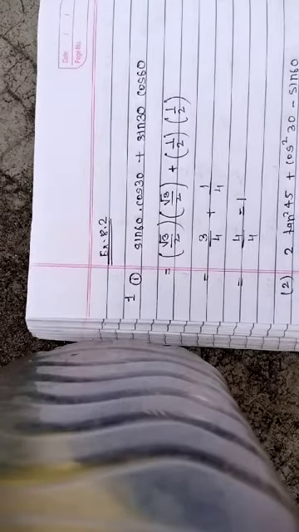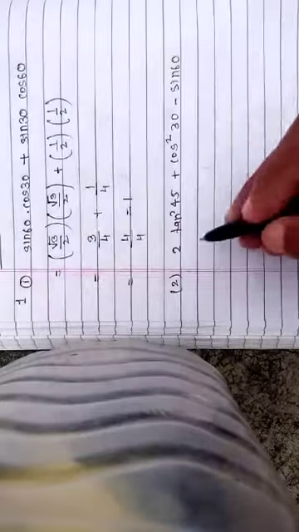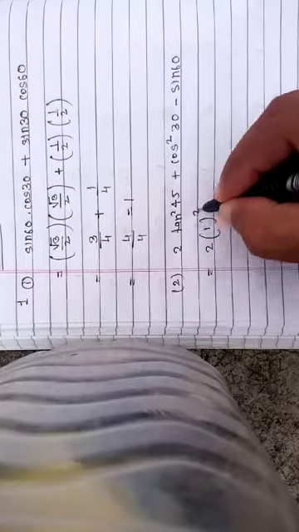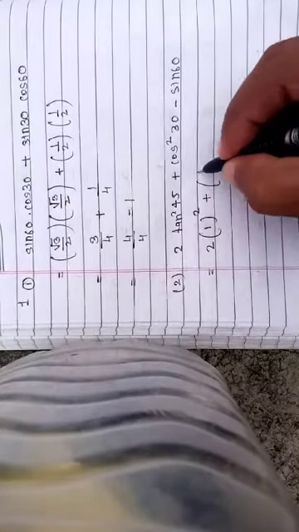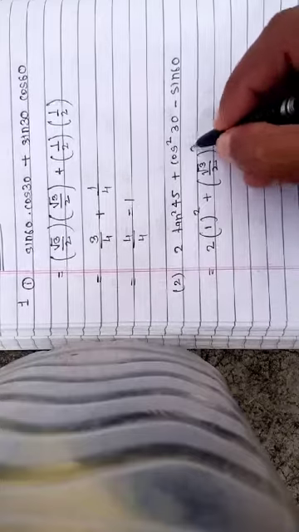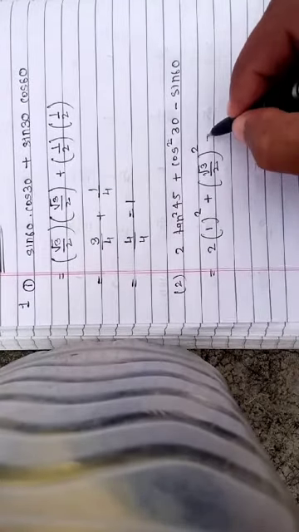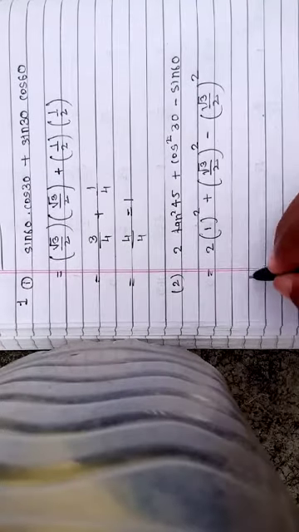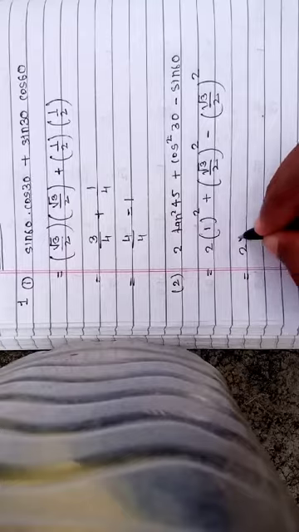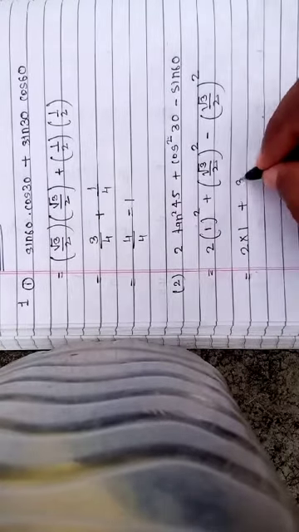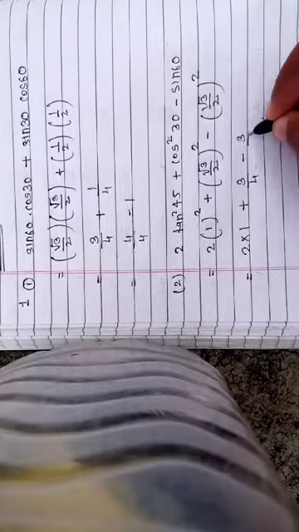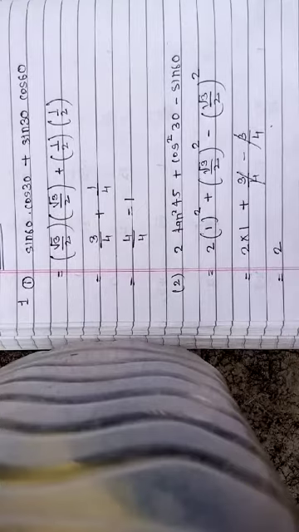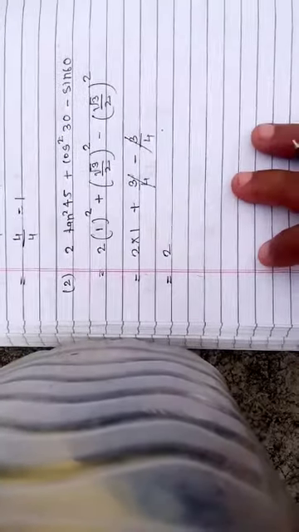Now we have to identify the values of the second sum. This is 2, tan 45 is 1 from the table, cos 30 is root 3 by 2, then squared, because here the square is written, minus sin 60 which is root 3 by 2 squared. Now this is 2, 1 squared is 1, plus root 3 squared is 3 by 4, minus 3 by 4. So this will get cancelled, you will get the answer 2.